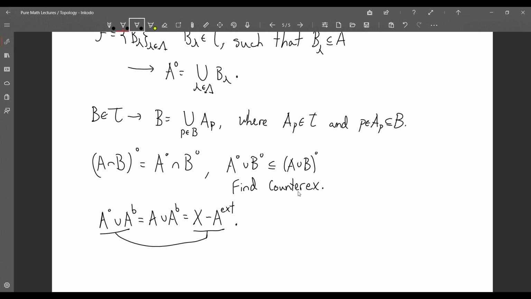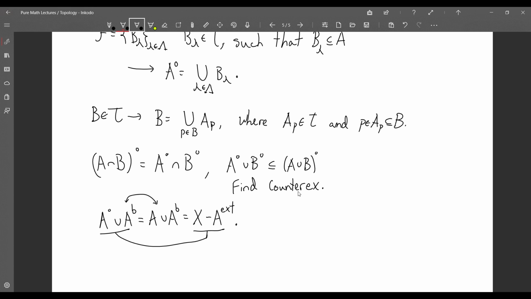But here we can say that if we replace the interior with just A, there's obviously a natural set inclusion because we're replacing A interior with the bigger set A, but in fact you can go backwards,